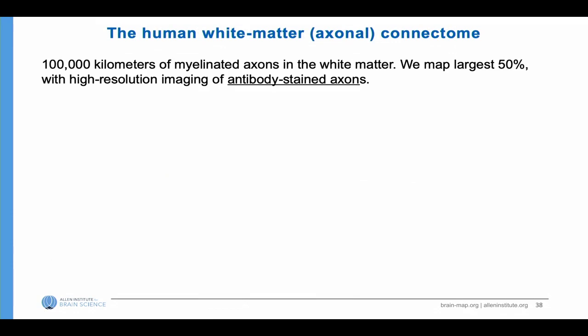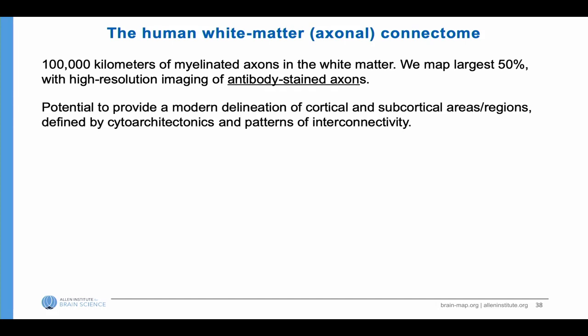So what is this project? 100,000 kilometers of myelinated axons. We'd like to map the largest 50% of these, which are the ones roughly a micron in diameter, NIH money permitting. It has potential to provide, I think, the first modern histological and connectological